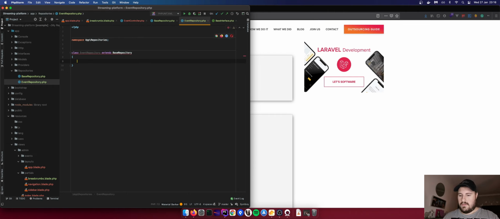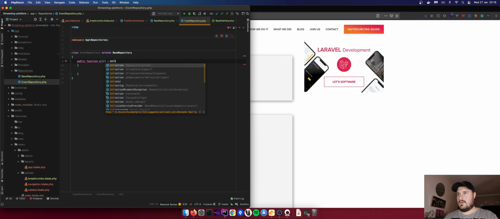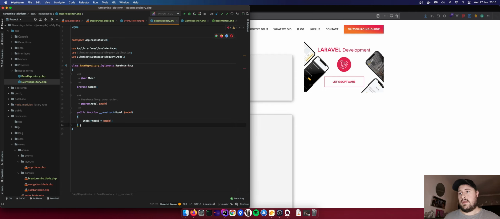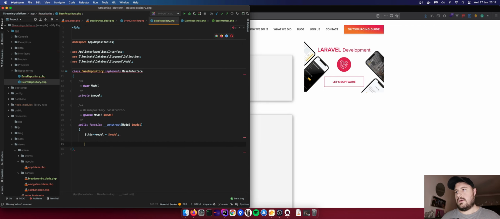So if we do public function all, oops, not that. Return type declaration compatible base interface all. It's because I didn't do the return type. So we can implement the all here, or we can also implement it here. Now, my personal preference is that we're actually going to do it in the base repository. So if we copy that and we come down to that,